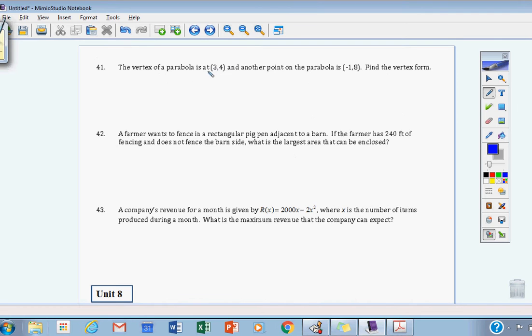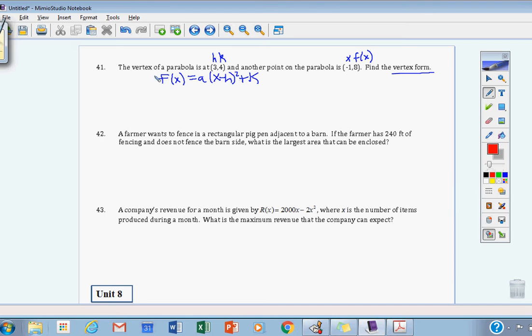Okay, so going through this next part, this was the one, 41 here, where we actually had a vertex given to us and then just some other point on the parabola. Well, we can definitely write the vertex form, that's what they're asking for, of a parabola if we have the vertex, but we also need the a value. That's the only thing we need is the a value. So I'm going to go again and write down vertex form,